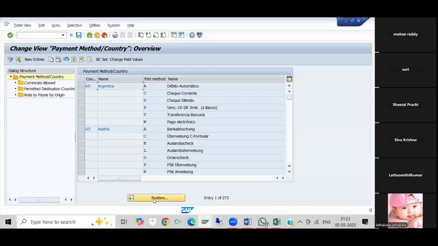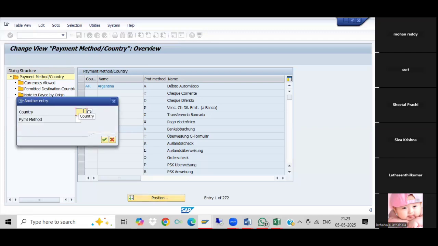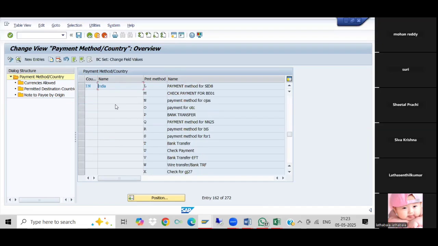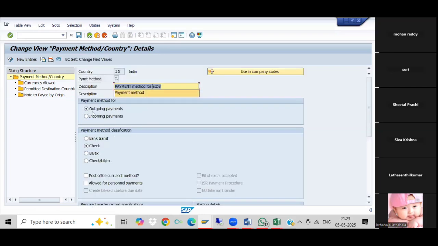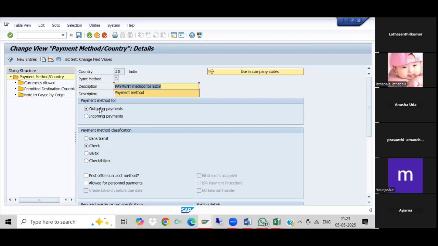So here we can see, in India, has the payment method been created or not? We need to check it first. Yeah, so this is the payment method. We can see the country India, and the payment method we can create is L. So L and R are the payment methods we have created, and here are payment methods for outgoing